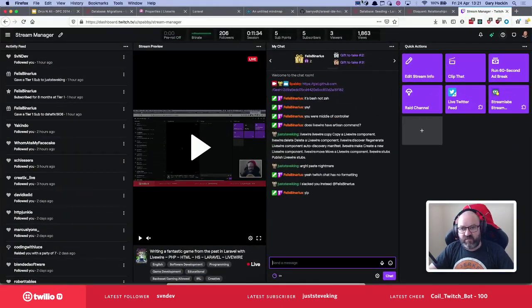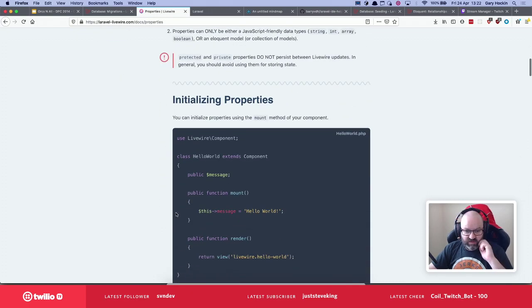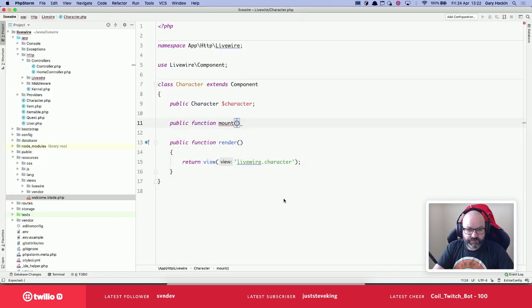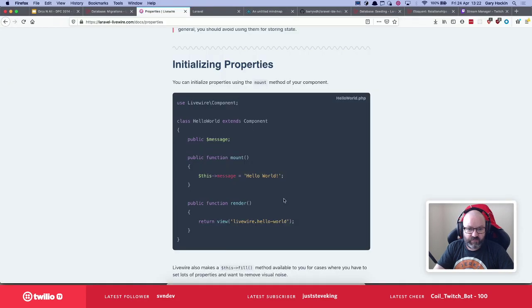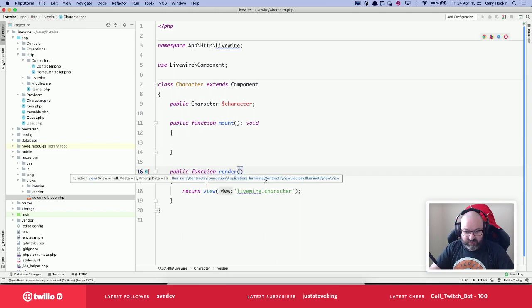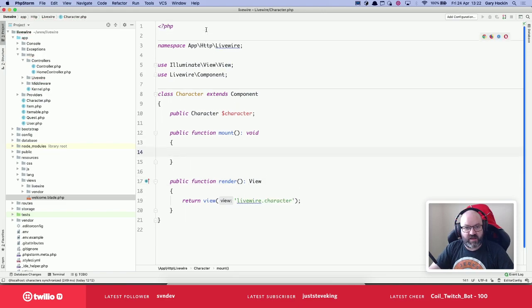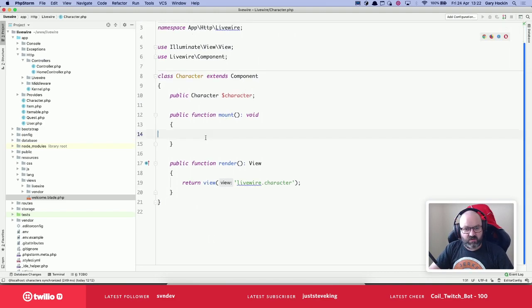This is the stuff that I've played with already, but I haven't really looked at. So let's take a look here. I've already just looked at this. Initializing properties, yes, in mount. And it doesn't return anything. Void. And render should return... What does? It should return a view, right? Okay. And declare strict types equals 1, because this is the way I roll. Okay, that looks good. And now we say this character equals